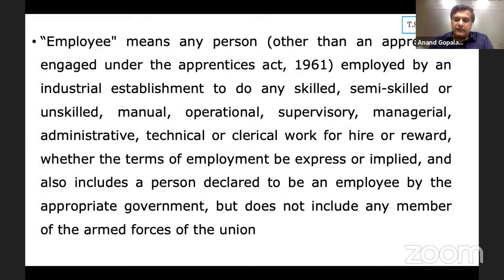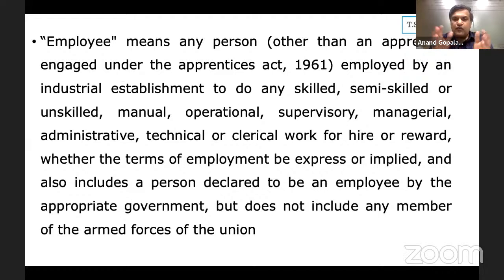The term employee has been defined in all the codes. And why I am pointing it out here is that supervisory, managerial, administrative people are all brought within the definition of employee. Where this employee definition becomes crucial is more under the Occupational Safety and Health code. In the OSH code, they use the term worker when it comes to factory. So if you look at it, overtime wages is no longer available to your clerical staff and everybody because it's restricted to only workers under the